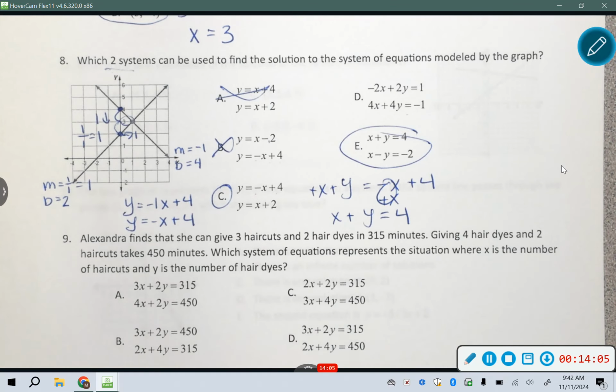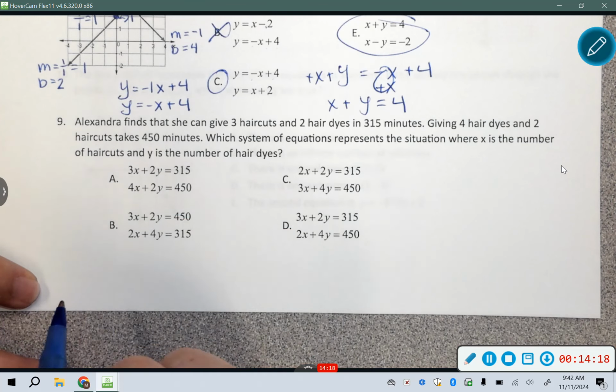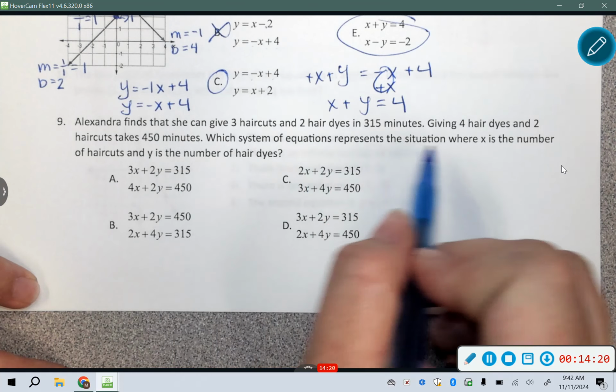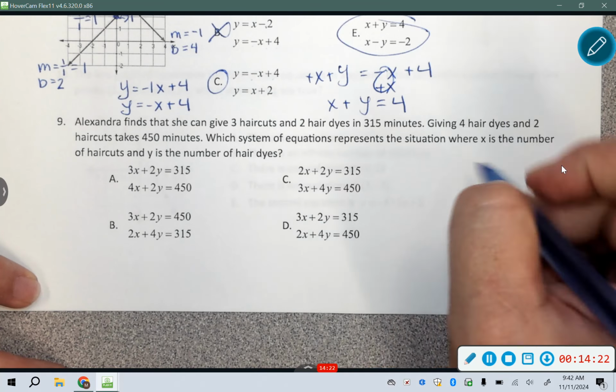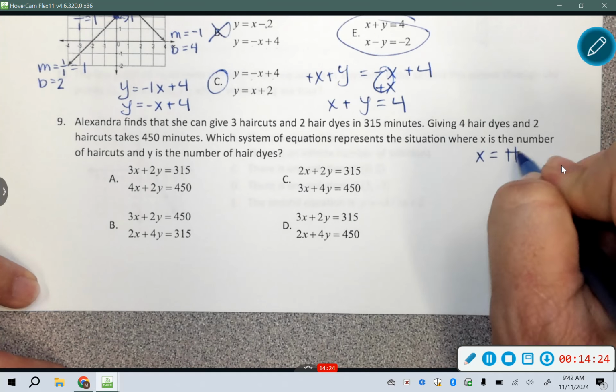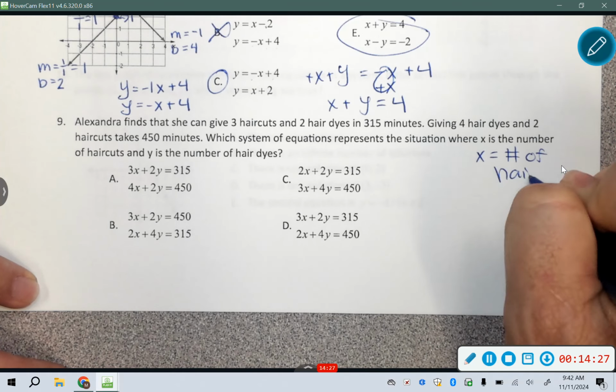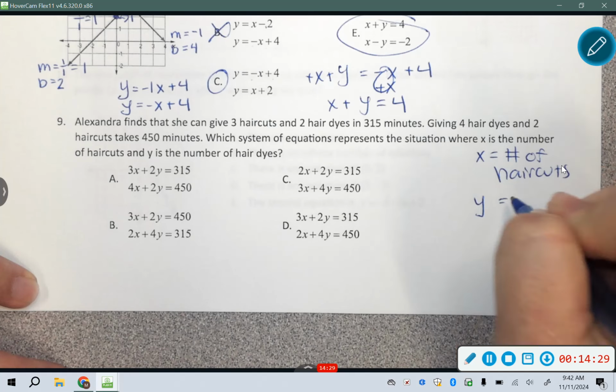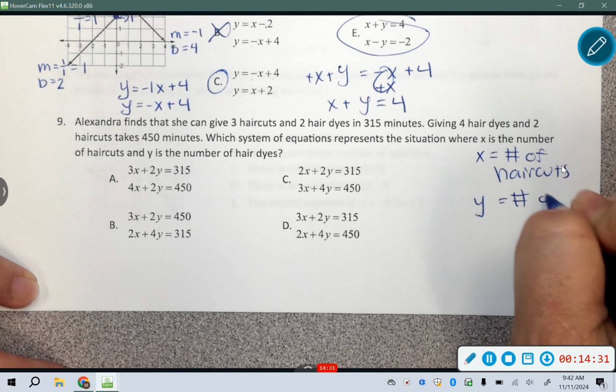Okay, so let's look at number 9. Alexandria finds that she can give 3 haircuts and 2 hair dries in 315 minutes. Giving 4 hair dries and 2 haircuts, it takes 450 minutes. Which system of equations represents a situation where x is the number of haircuts, so x equals number of haircuts, and y equals number of hair dyes,